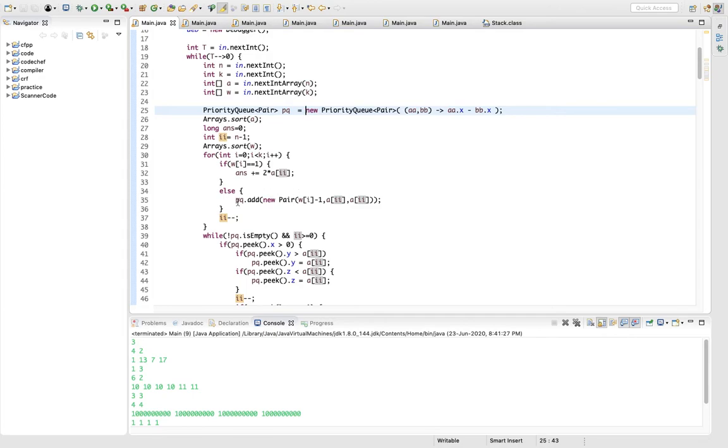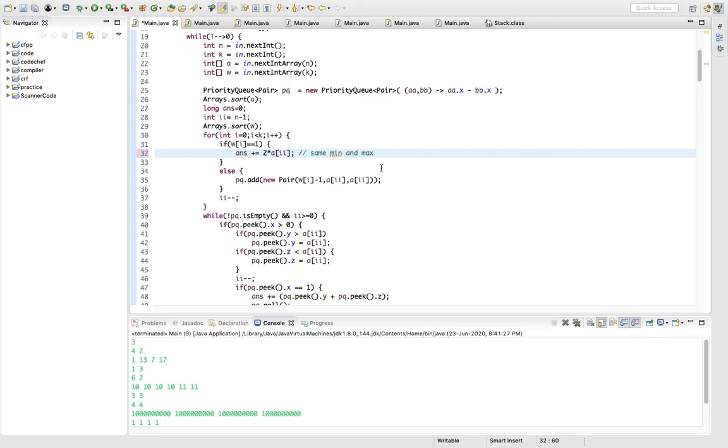last k elements, and added them into the priority queue. The min and max value right now will be the only element which it has, and if it needs only one, then its need is already satisfied. So I have added that into the answer 2 times that value, because it will have the same min and max. Okay, else this would be the min and this would be the max.